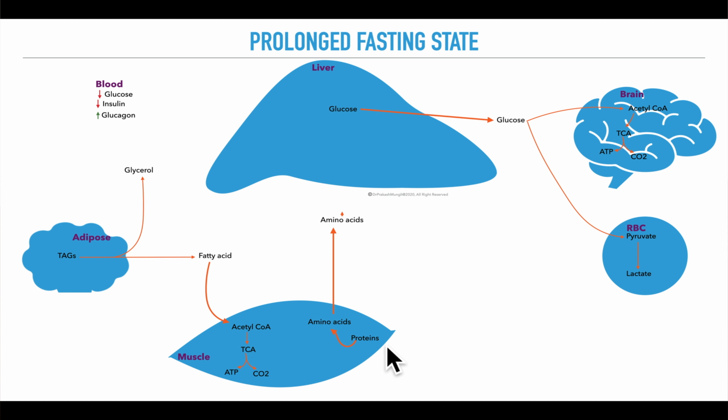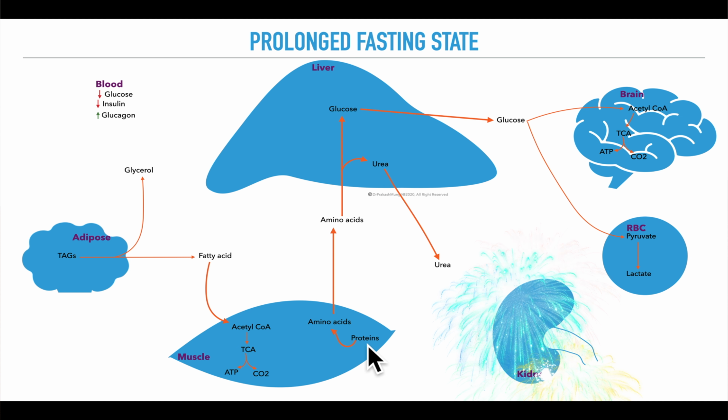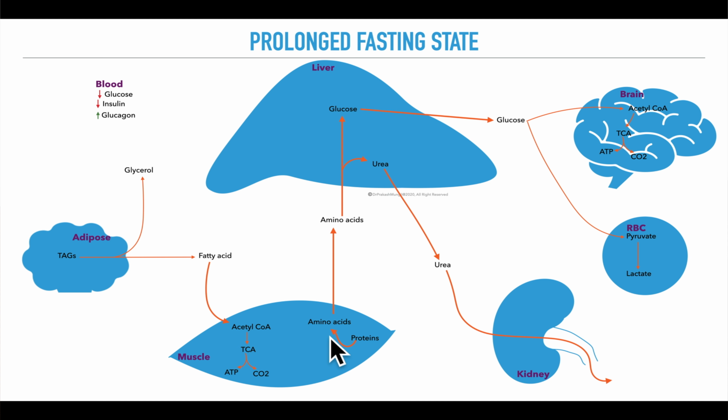As you can see in the skeletal muscle, skeletal muscle proteins start to degrade at this time. As the protein degradation goes on, we get all these 20 amino acids, out of which 18 can be converted to glucose. The amino acids predominantly come out of the skeletal muscle as alanine and glutamine, and get into the liver. The carbon part of the 18 amino acids is converted to glucose, and nitrogen is converted to urea. So, urea synthesis is increased and it is excreted out of our body through the kidney into the urine. That is why you can see a thick line here.